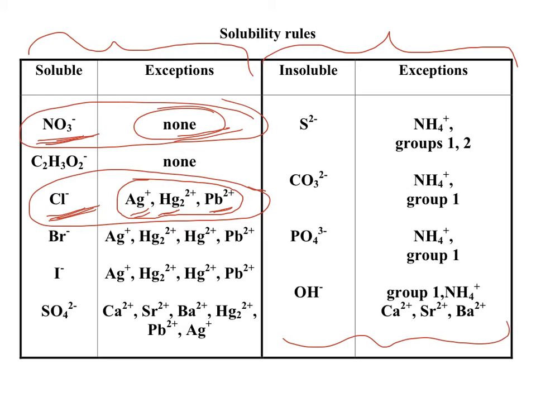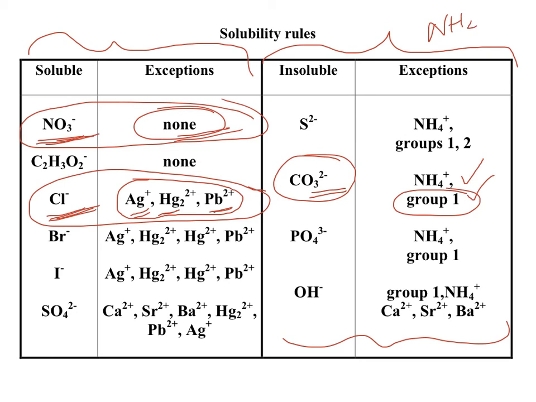How do you read this part of the table? All carbonates are insoluble except for ammonium and group 1. So if it's a group 1 carbonate, say sodium carbonate or potassium carbonate, that would be soluble, but every other carbonate is insoluble. So one way of asking your question would be